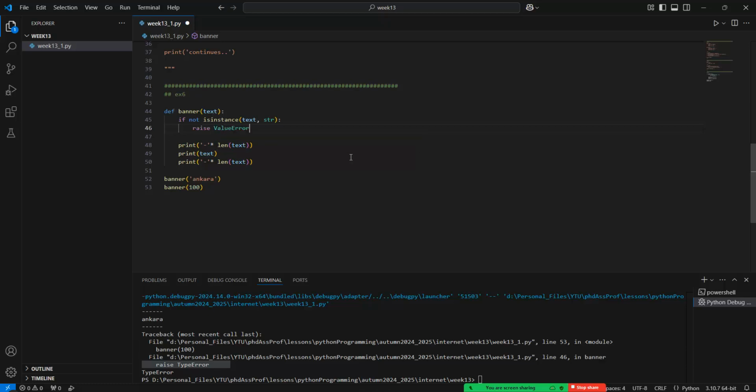What happens if I choose the value error in here? Just see that the value error is thrown by the compiler in here. And so we can intentionally throw the error to notify our users. But just see that in that case we cannot continue to run the program. Okay, so